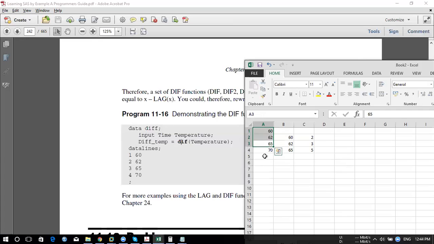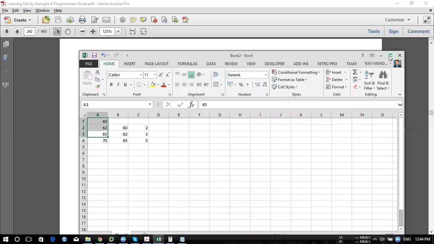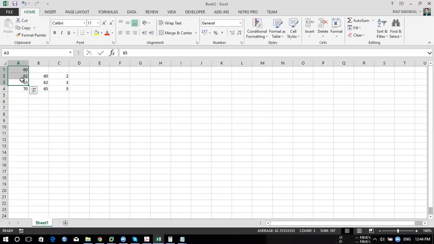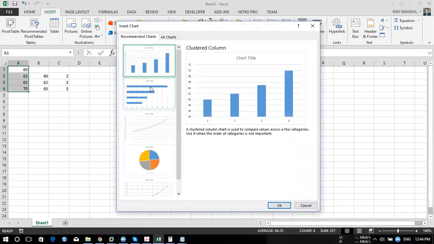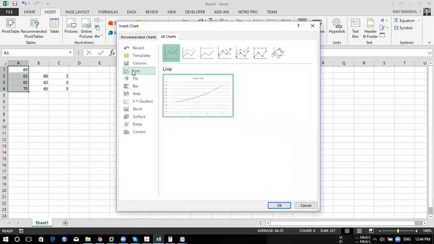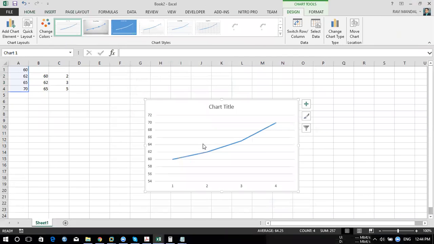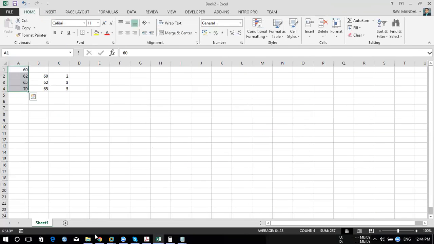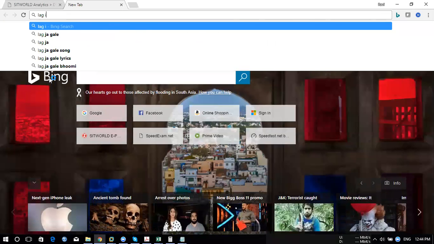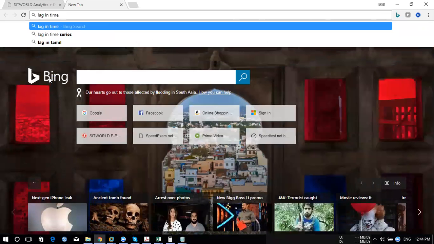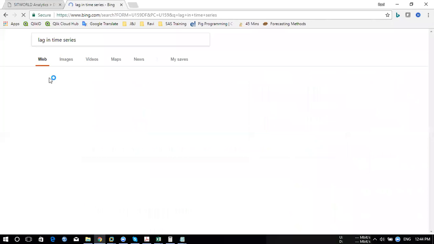To make the data smooth, we try to use this. Sometimes your trend will not be normal. Let's say you have data like this, and if you wanted to plot it, you won't be able to get this particular trend. To make the data smooth, we take the average of that to predict the value. Getting it? See, I'll show you how lag works. Lag in time series: you won't use it anywhere else. Lag is only used in time series.